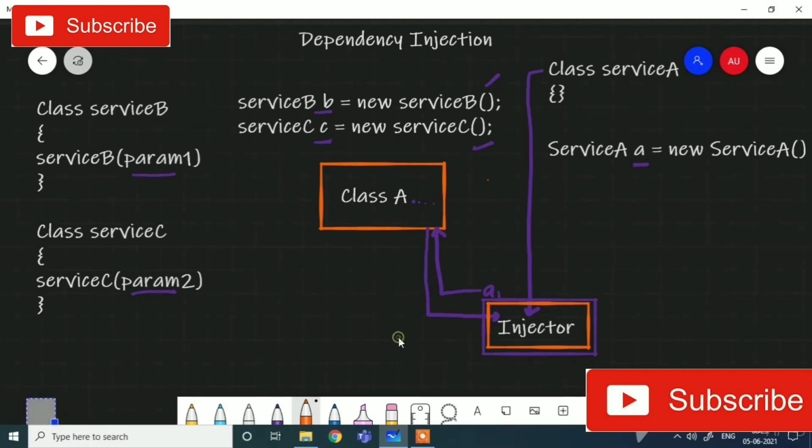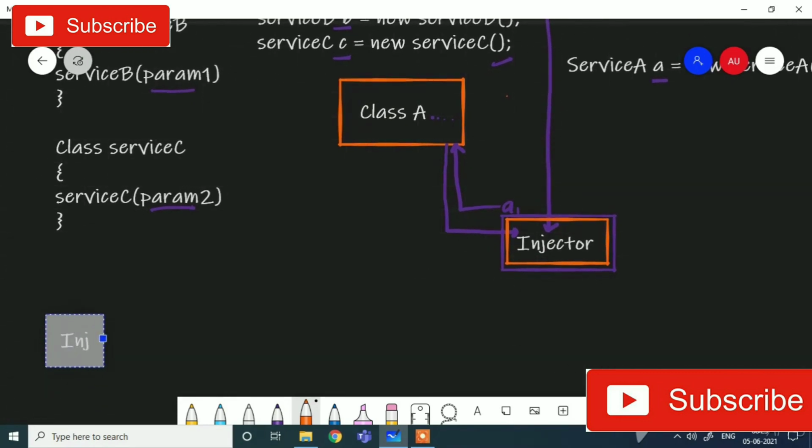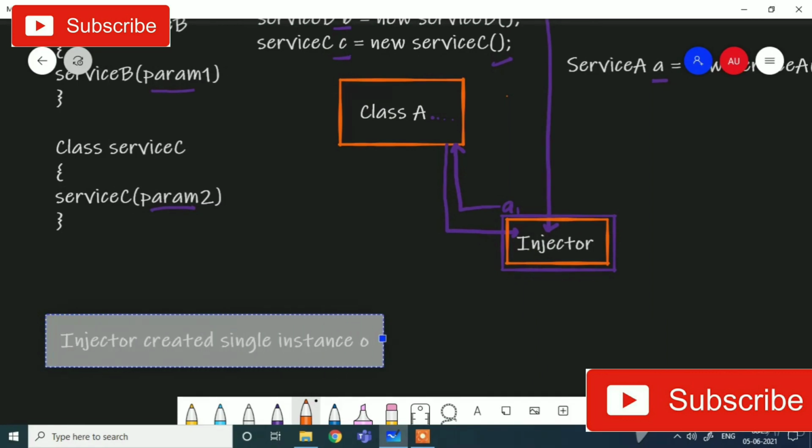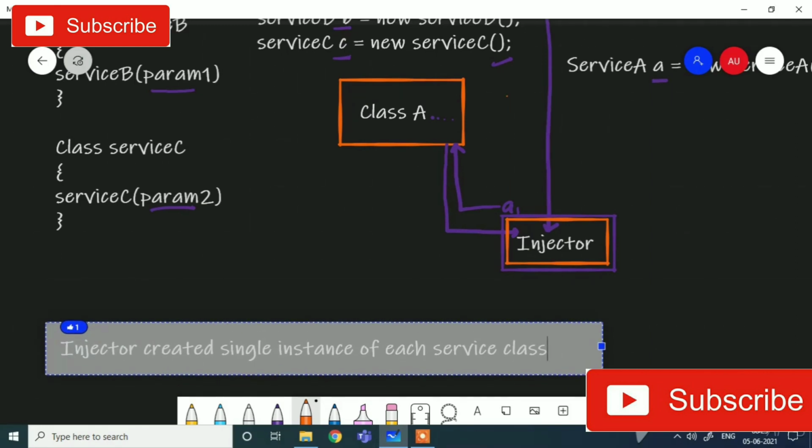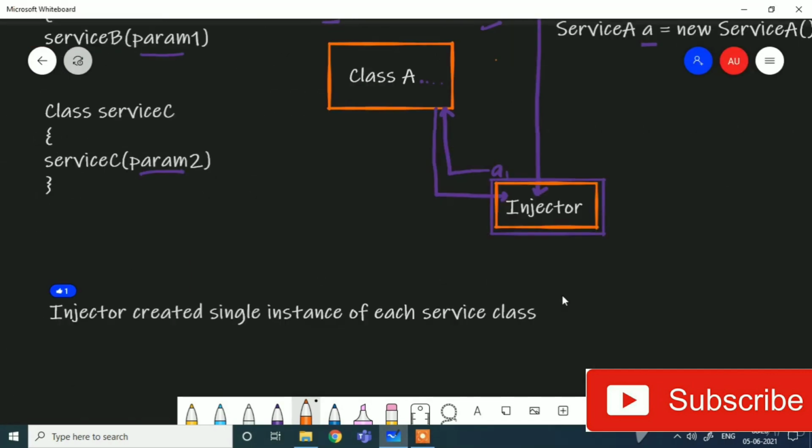So it is actually more maintainable, we can say. Second thing, it will not create the instance a second time. For example, once it has created the instance of any service, it will use the same instance whenever any class requires the instance of that service. So what I mean to say here is, one benefit is that if it has created the instance of our service class once, it will use the same instance when any class requires the instance of that service. It will not create a second instance, meaning it follows the singleton rule.